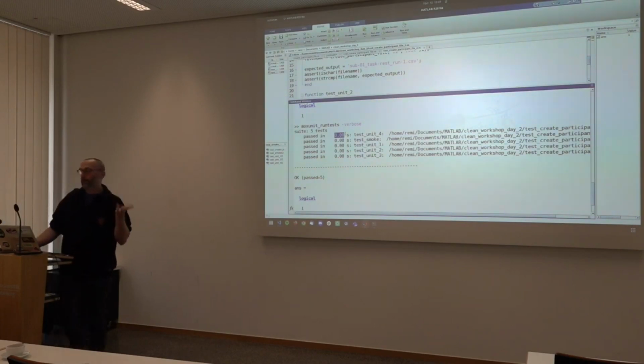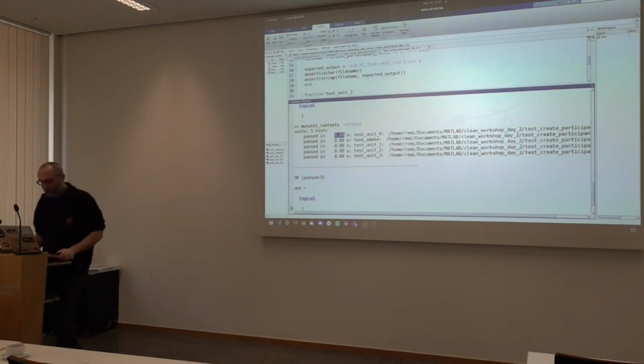And so if your test suite starts running very slow, you're going to start not using it, and then you're going to start changing your code without testing it, and you're going to introduce bugs, and then your results are going to change, and then you're going to start crying because nothing works. So make sure that your tests are super fast. That's why getting an idea of how to quickly identify which tests are running slowly can be a good pointer: I need to make sure that this test runs faster.